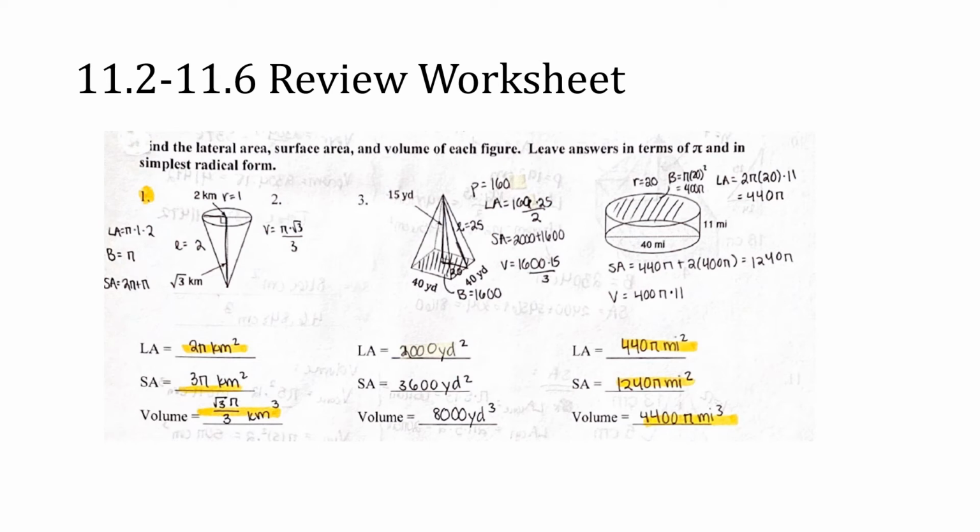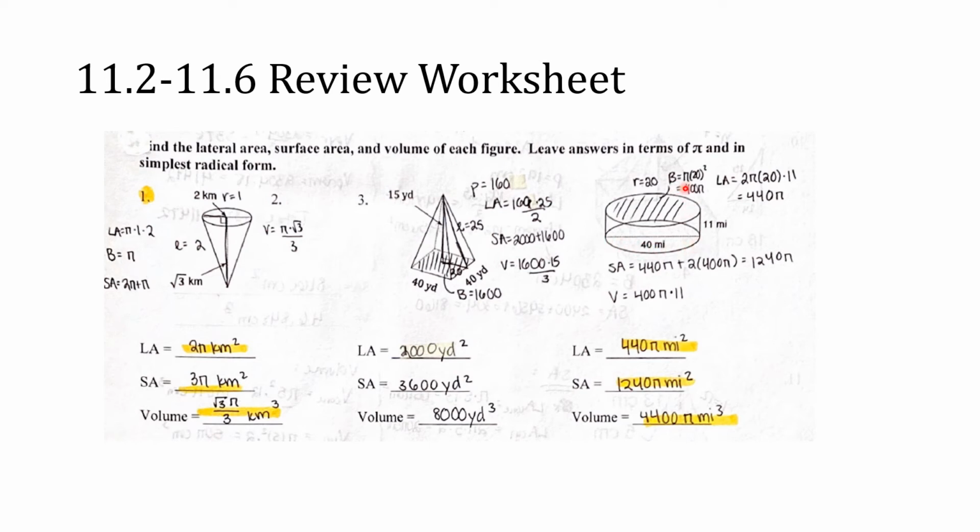So then the surface area, my base is 40 times 40, which is 1,600. The surface area will be the lateral area plus the base. So 2,000 plus 1,600 got me 3,600 yards squared. And then my volume, again, is going to be the base times the height divided by 3, which gave me 8,000 yards cubed. On number 3, my radius is 20 because it tells me down here my diameter is 40